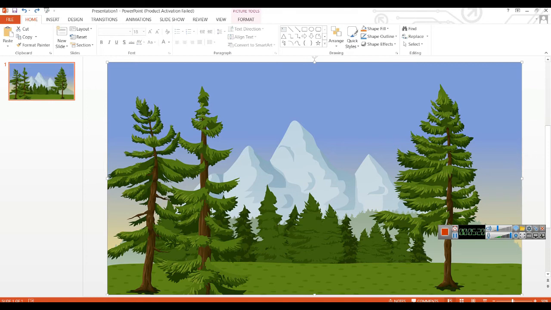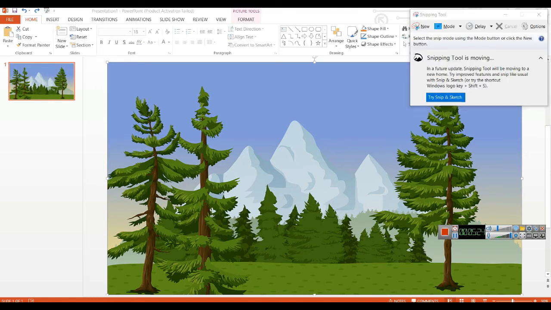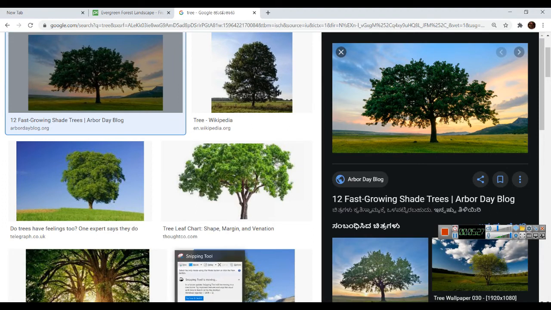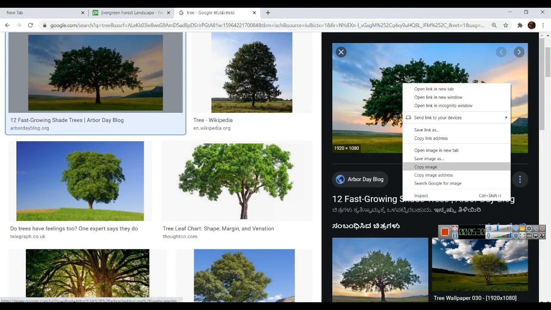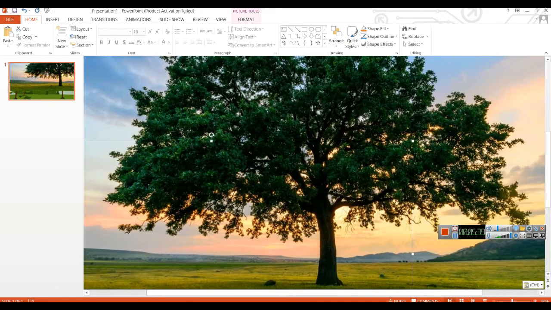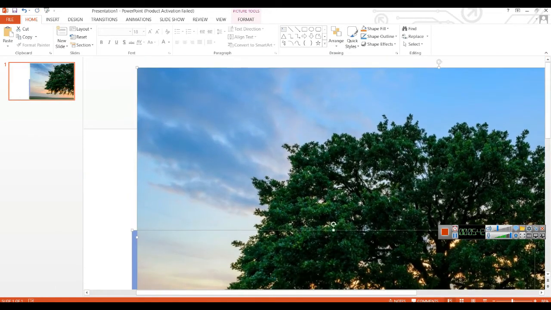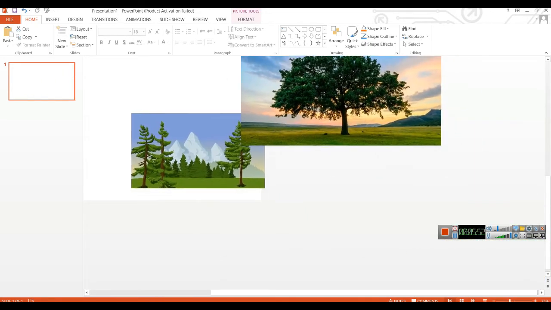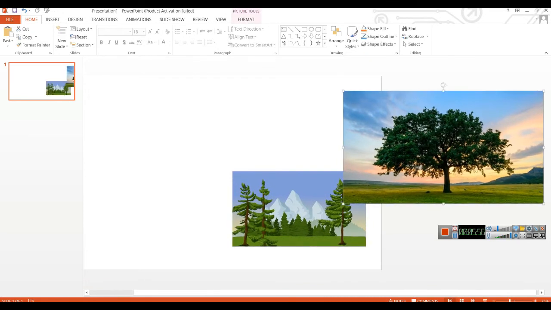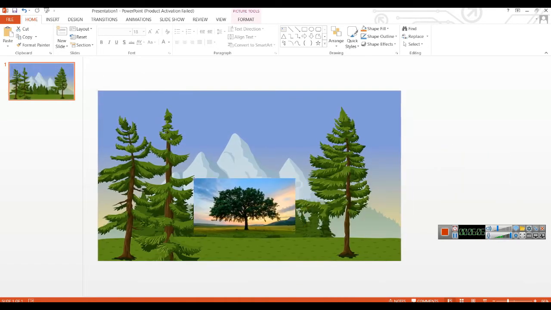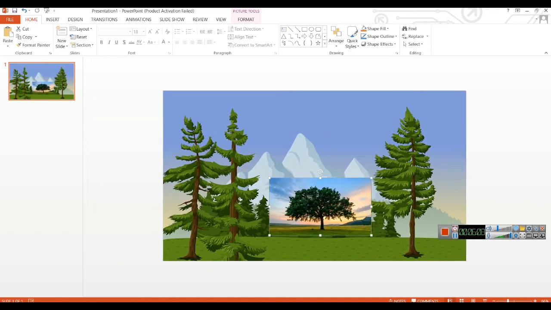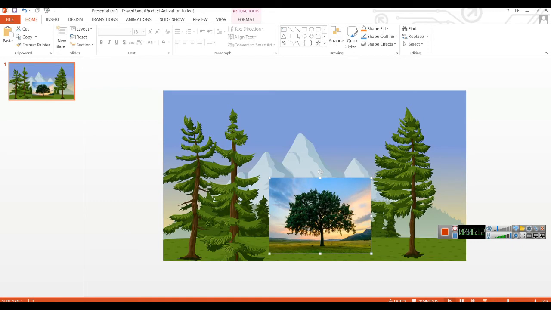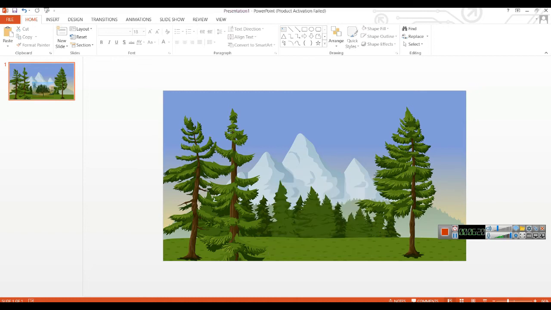So what I will do is I am going for snipping tool. So in the snipping tool, why it is not copying? It was not downloaded completely, I think. I'll just try again. Yeah, it's copied here. So I don't want this much big image, so I'll make it small. The moment I took that here, okay, so this is the background and I am bringing this here. So what happens here, the background of this is seen. Now I don't want this background, I want this to be a part of this image. So that's why we cannot go for Google search engine and directly pick up any of the photos. So I'll take it out.